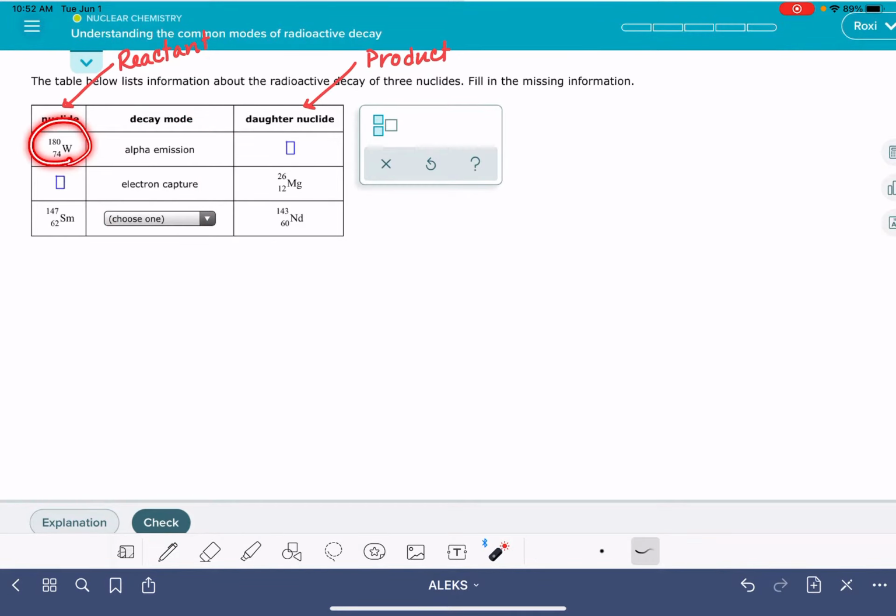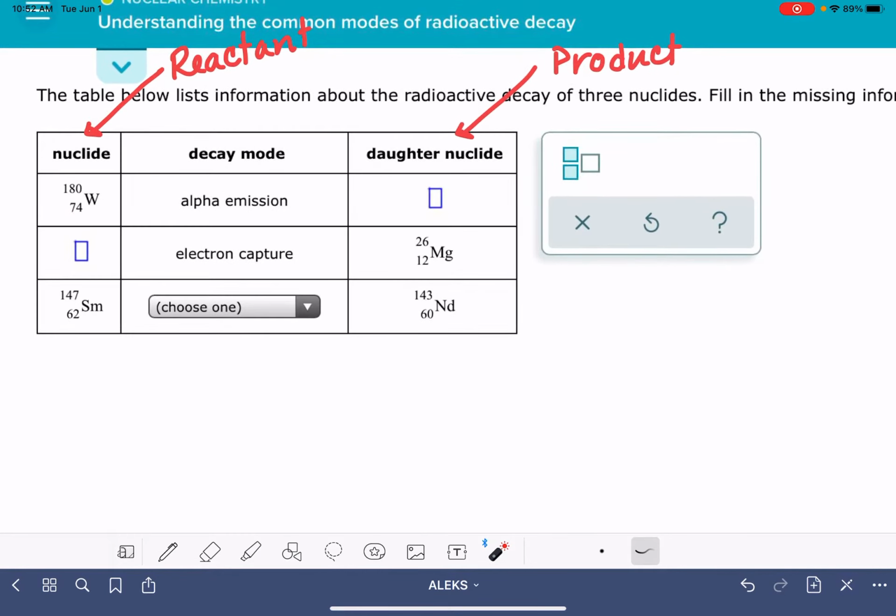So first, on this first one, I have a nuclide that is tungsten 180, and it's telling me that this is undergoing alpha emission. So that means that this tungsten 180 is emitting an alpha particle, which has a mass number of 4 and an atomic number of 2, and it's asking me to figure out what the other product is of this reaction. Keeping in mind that atomic number is always conserved in these, so that tells me that